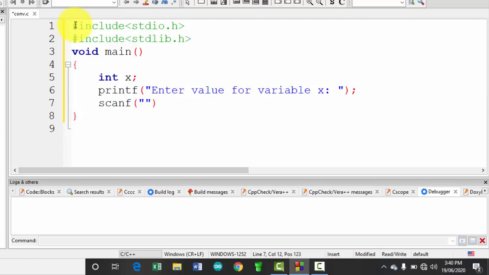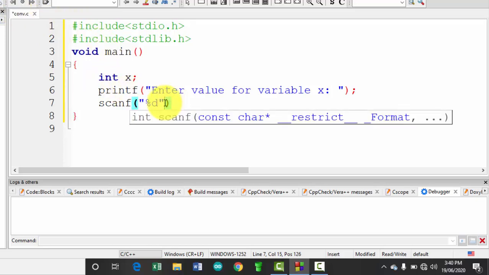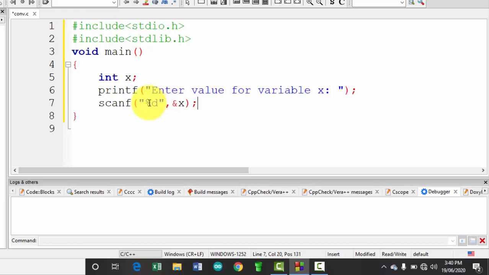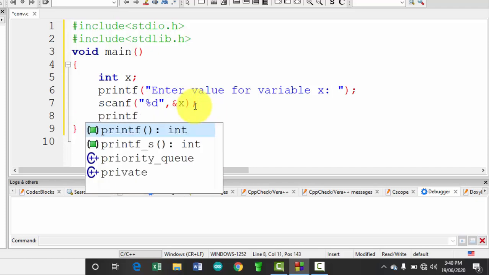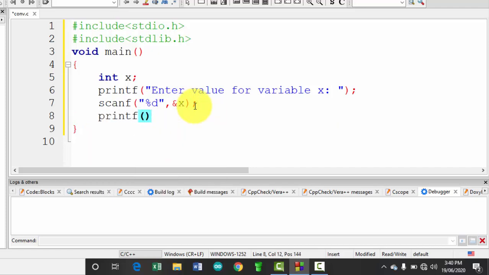So we know the syntax for scanf: first we have to define a conversion specifier. As x is an integer value, we define the conversion specifier as %d, comma, ampersand x. It means whatever value we take gets stored at the address of variable x, and whatever accepted value is present, we are going to display.